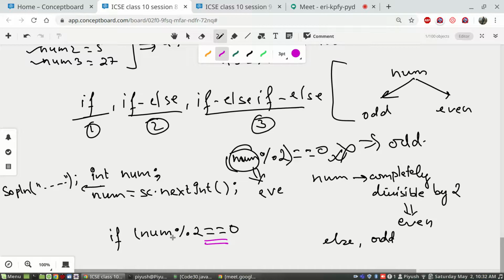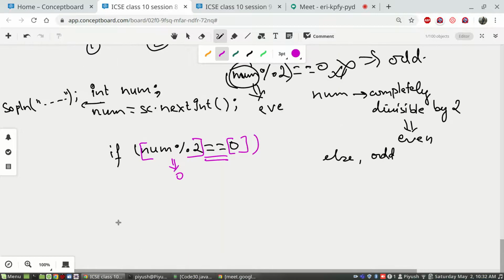When this side matches this value, that is, upon dividing, if the remainder left is 0, both sides become equal and the if will result in true. If not, it will go into false. So we'll write if num mod 2 is double equals to 0, then you can write System.out.println. I'll write in short, you should not write in short.